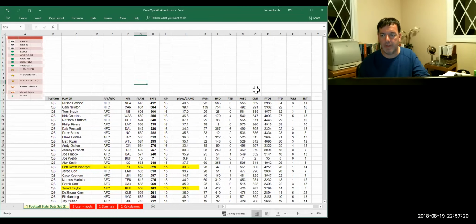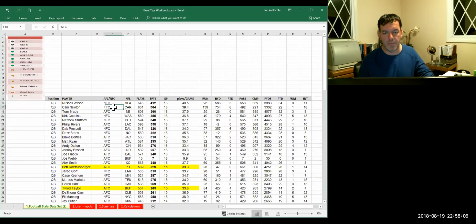All right, as I mentioned, just to ground everybody on this Excel document, it is a bunch of football statistics. It is actually quarterback statistics from the 2017 NFL season from last year, and it lists the quarterback, whether they're in the AFC or the NFC division, the NFL team they play for, the number of plays they encountered within the number of games they played in that season. These are fantasy points, plays per game, number of running plays, the number of rushing yards, and so forth. I'm just going to use this as a data set to evidence some of these